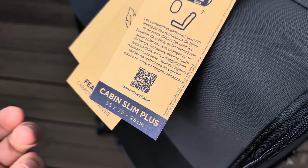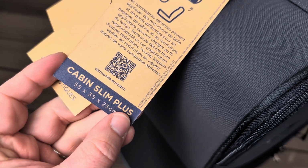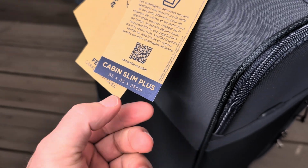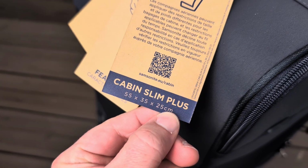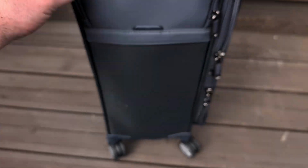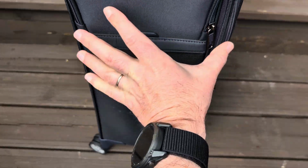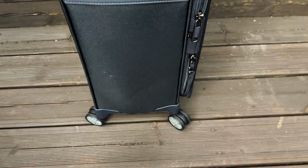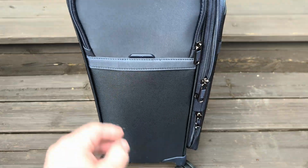So this is good for example, KLM. These are the exact measurements. But for example, on a Finnair flight, well, the last measurement should be only 23 centimeters for Finnair, but it's a kind of soft cabin package, so I did measure it, and I think it doesn't really exceed that 23